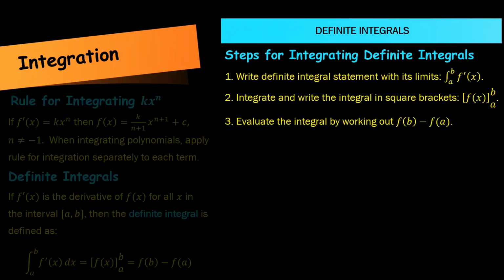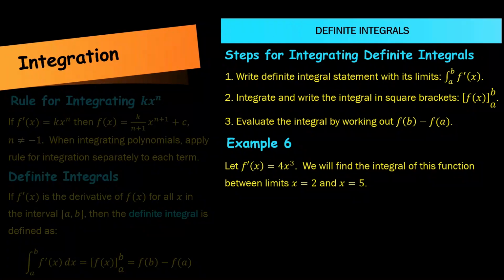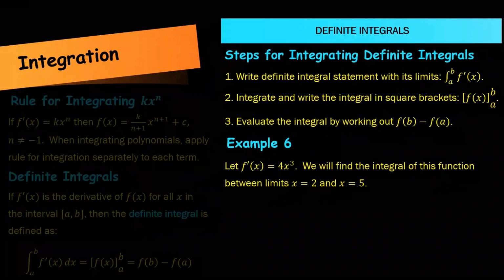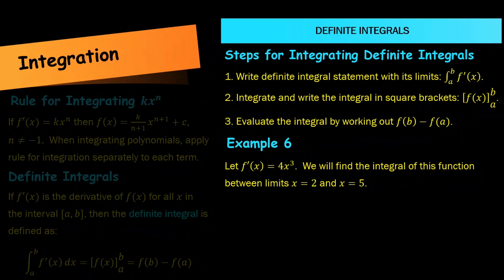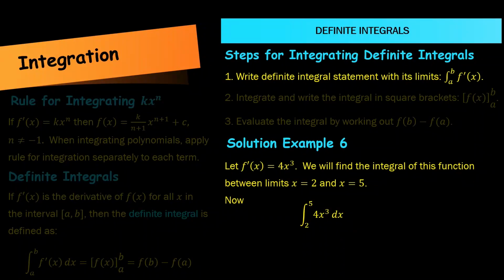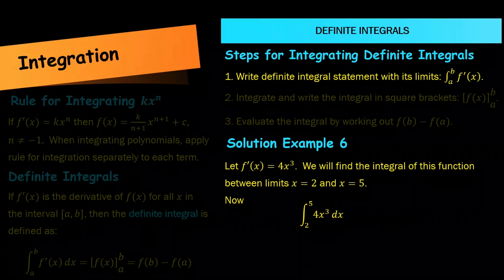Let's now take a look at an example. Let f dash of x equal 4x cubed. We will find the integral of this function between limits x equals 2 and x equals 5. Now the integral from 2 to 5 of 4x cubed dx